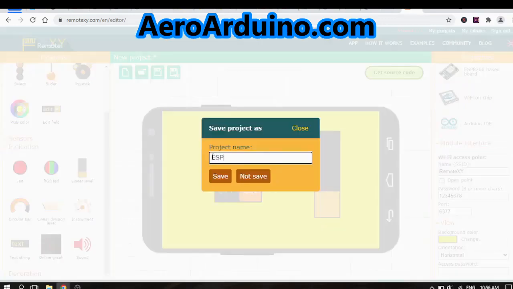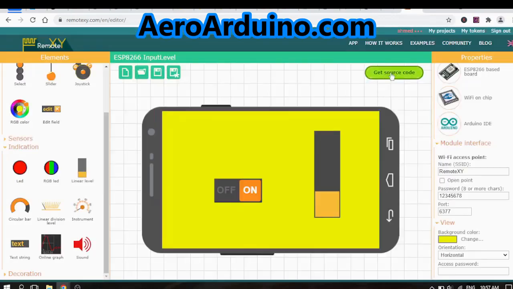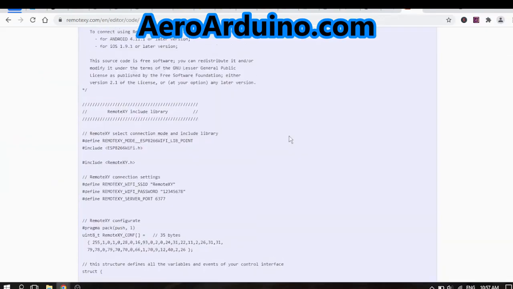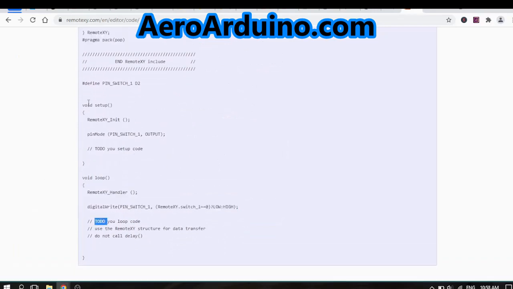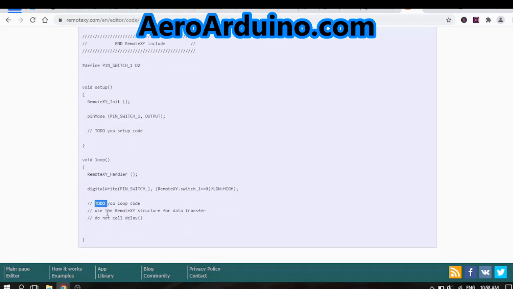Let's call it ESP8266 input level. Now we can get the source code. Here is the source code for the project we've just made. Now it has the digital write. As we can see, we don't have analog input defined, so we need to define the analog input and then put the pin mode for the analog input as input. And also we need to write the code right here that reads from the ESP analog input, then puts that